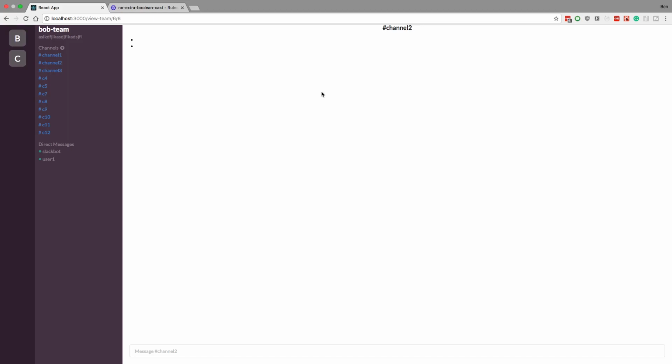Hey guys, we're finally going to be adding a little button right here where we can click on and we can invite other users to our team. So the different teams we made, we can invite other members who we can then chat with. Now before we get started on actually doing this, I wanted to address two things that I talked about in